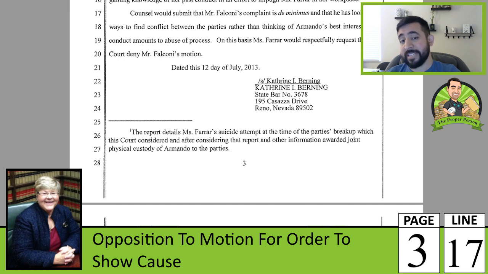She is trying to make it seem like conflict only exists when filings are put into the court system. What she doesn't realize is the conflict is continuing because of my ex's conduct outside of court. The filings are an actual symptom of the problem, but the attorney either doesn't care or doesn't understand that, or she's trying to exploit the court.